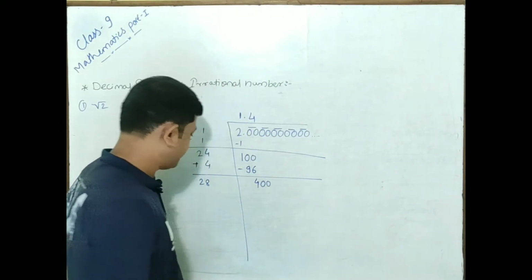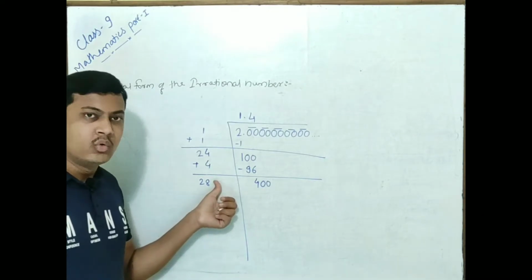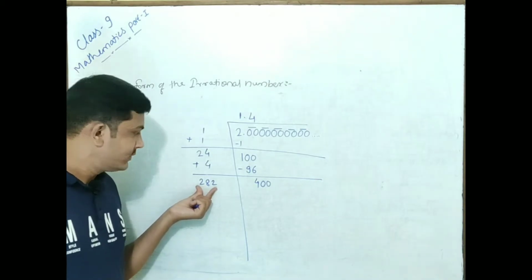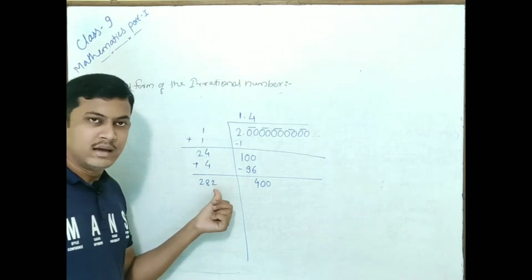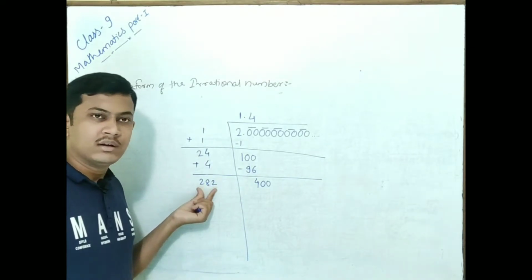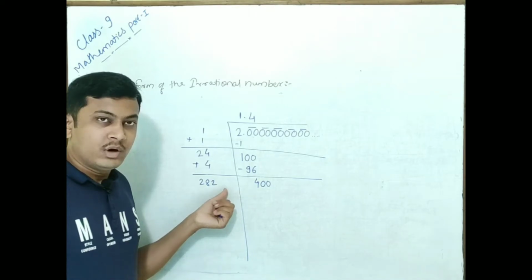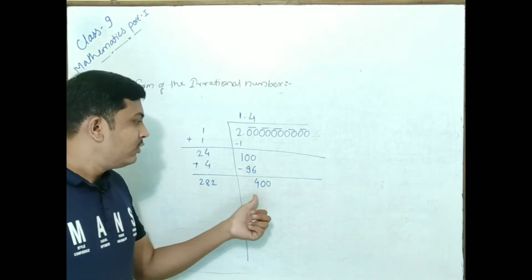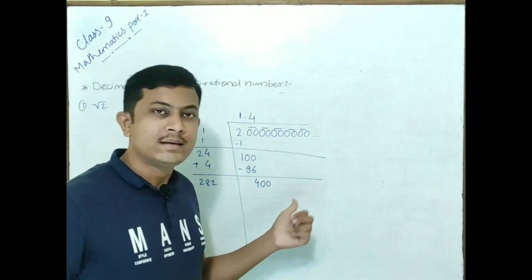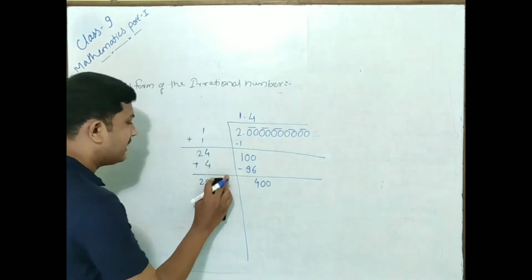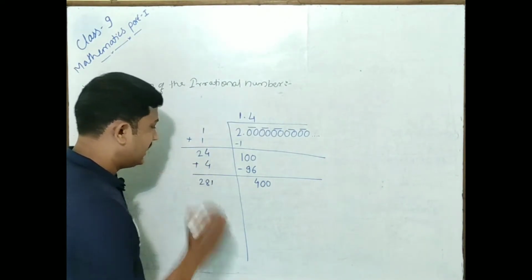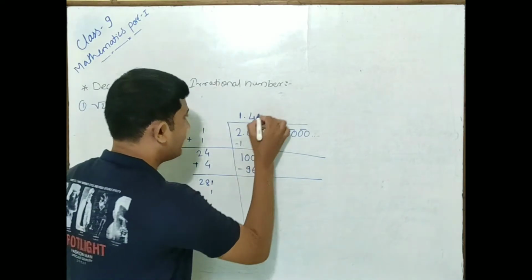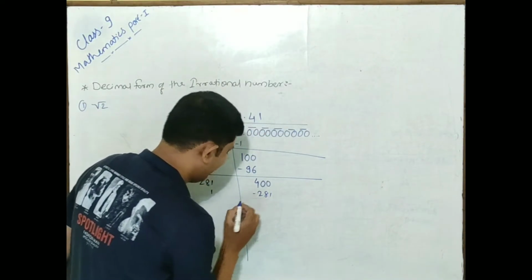Again take 2 zeros. Now if we consider here 2, it will become a 3 digit number. Before it was 22. If you add here 2, then it becomes a 3 digit number. But the rule is what? Whatever number we take, we have to multiply it by the same number. If you multiply it by the same number, the value will be more than 400, but the value should be less than or equal to 400. So let's multiply it by 1. It becomes 281. If you multiply it by 1, what do we get here? 281 multiplied by 1 is 281, which is less than 400.